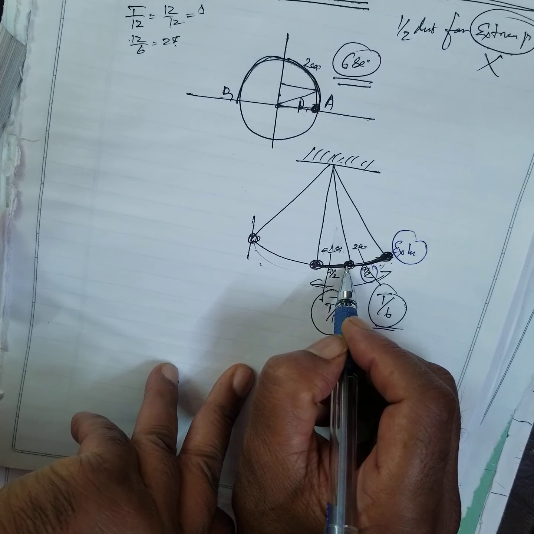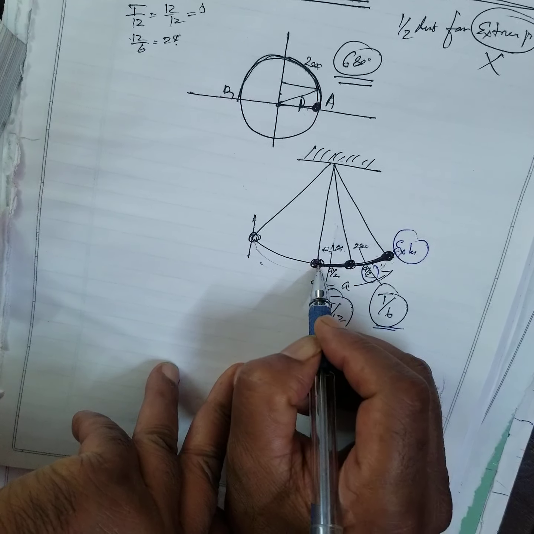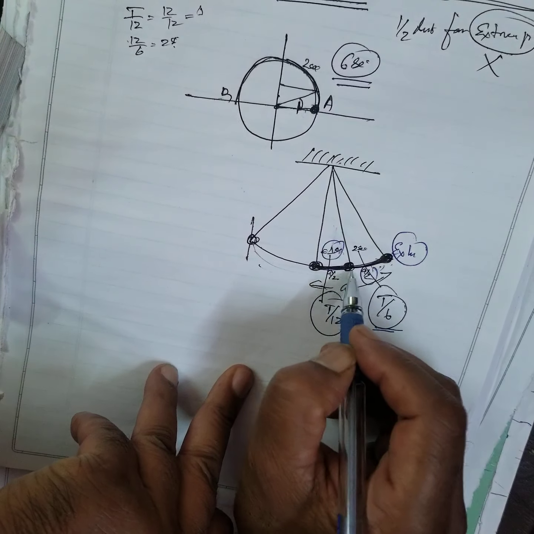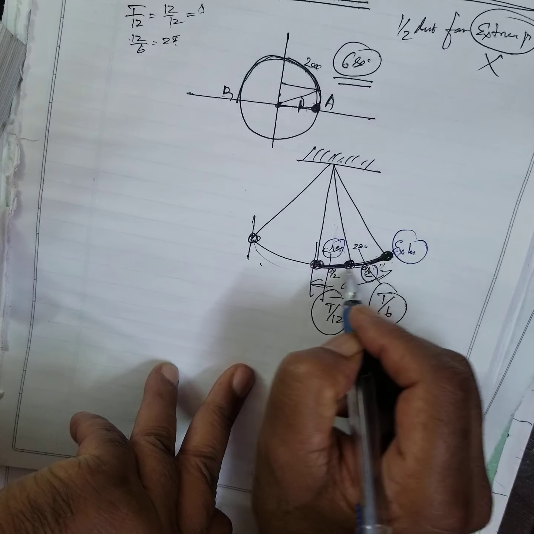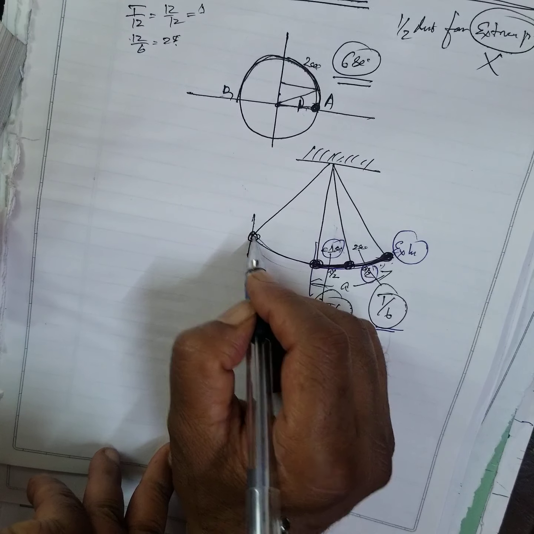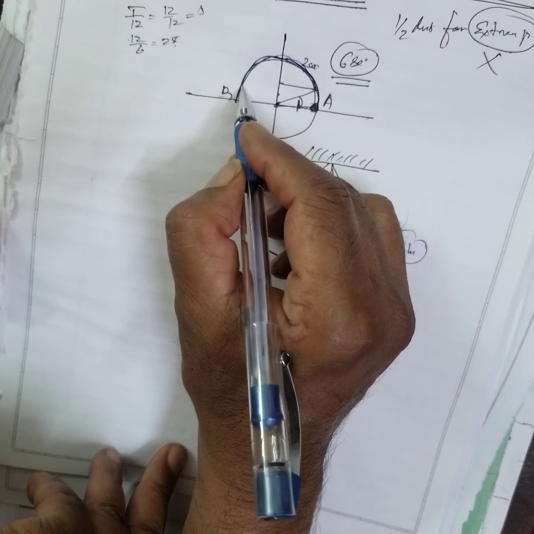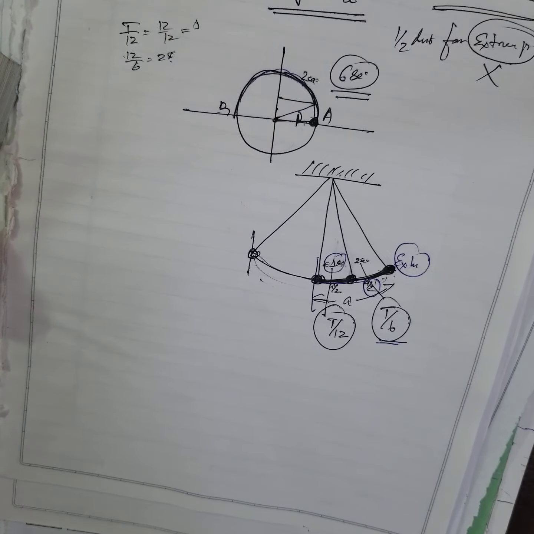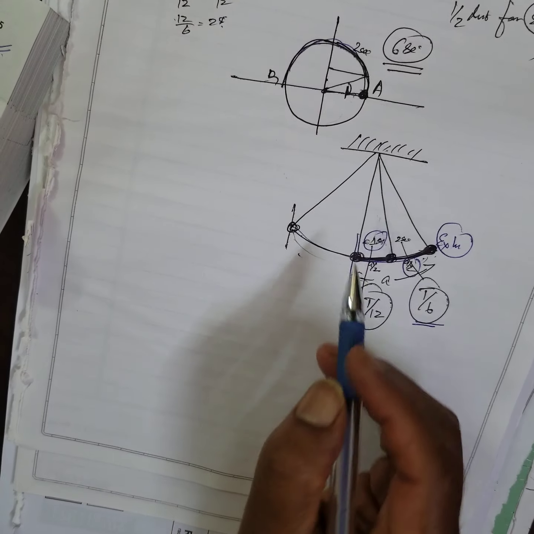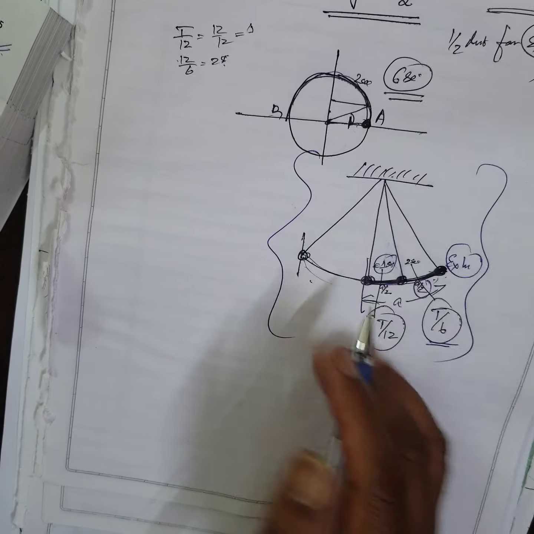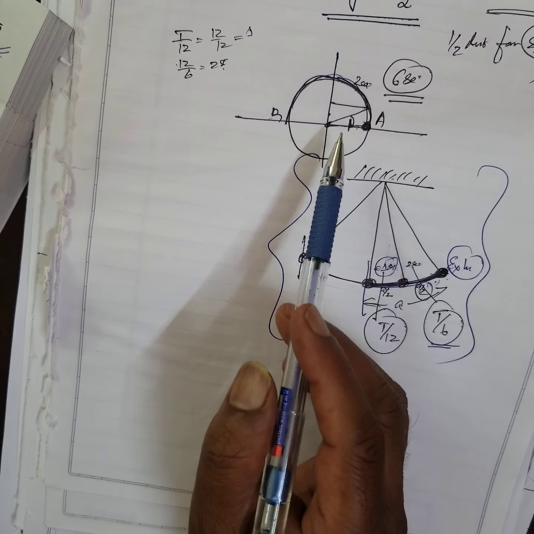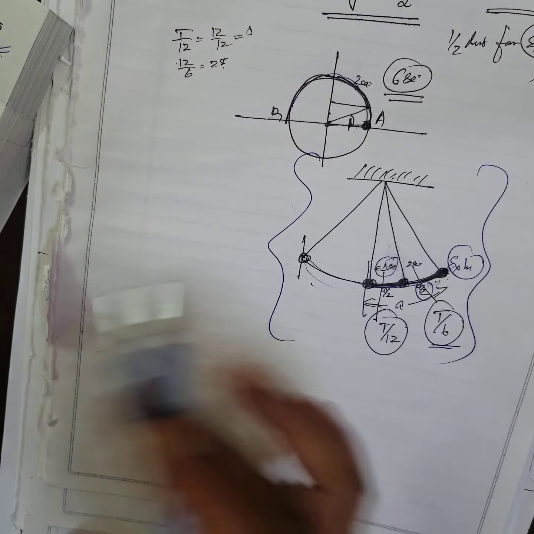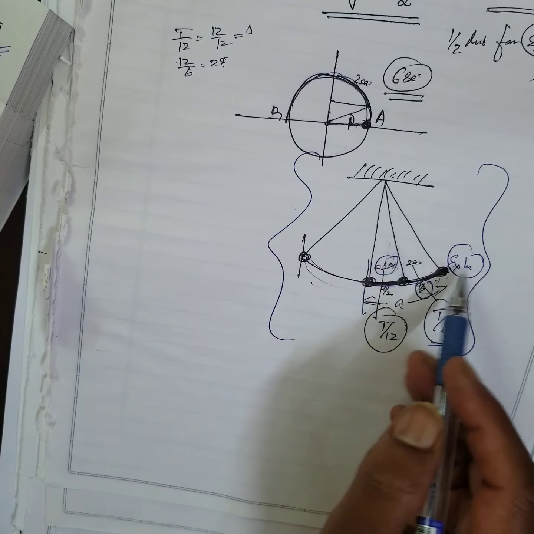From mean position to this, it will take only 1 second. From the mean position to this one, only 1 second. So it will take 3 seconds, 3 seconds, 6 seconds, right? We have to live with the disturbance. Sorry. Anyway, I will repeat again, for a simple harmonic motion.